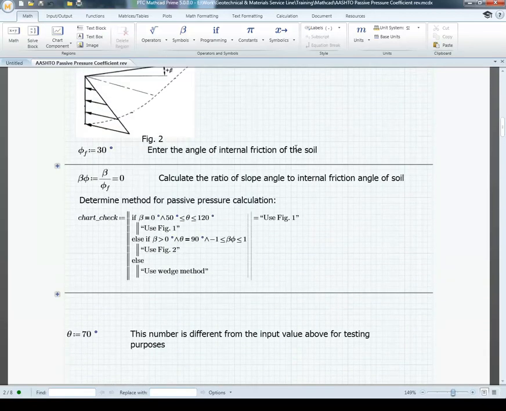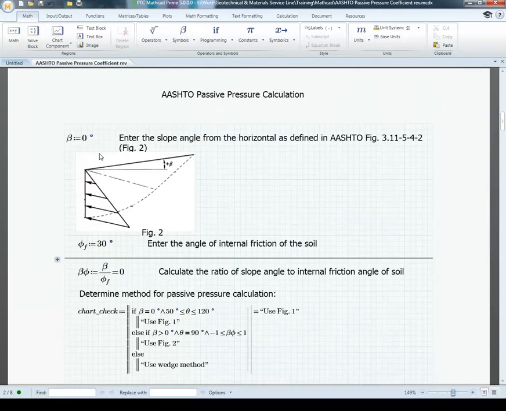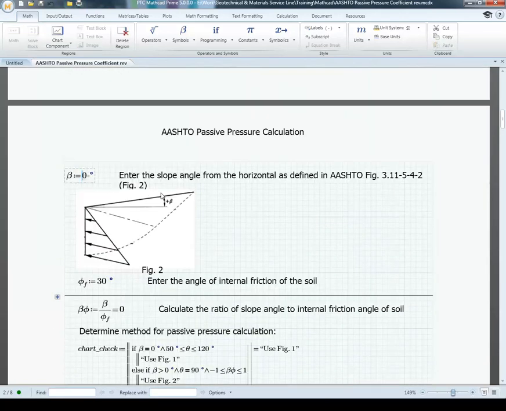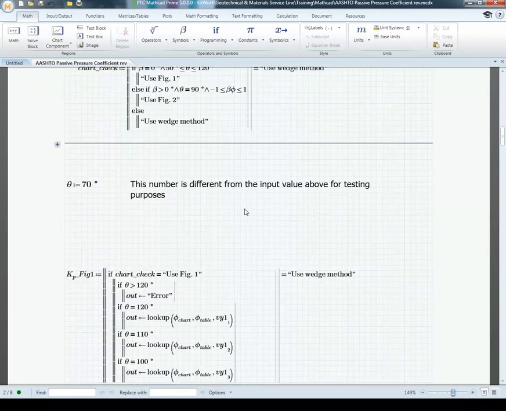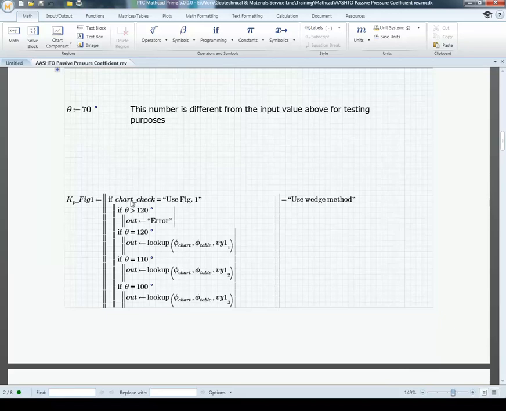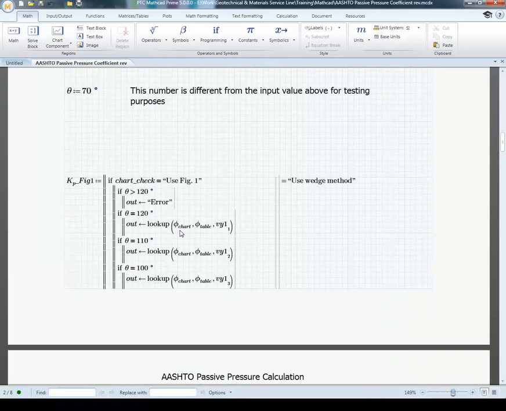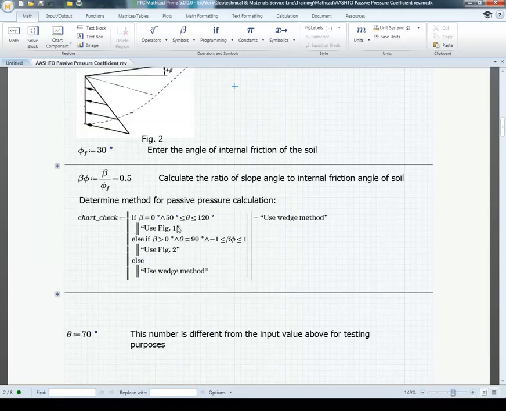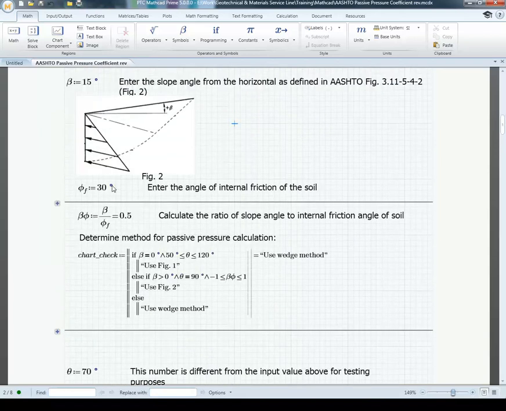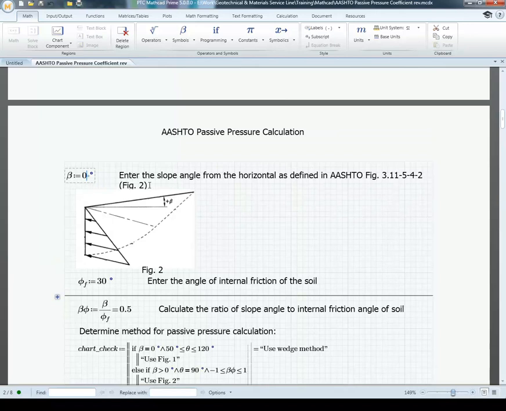If I go back up here and get an answer that doesn't let me use figure 1, okay, so I can't use this little program because it says the AASHTO figures are not appropriate here. And you could change that to say something else, but I'm just showing that my program seems to be working okay. So let me go back up, make this 0,